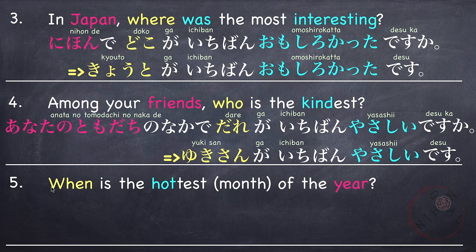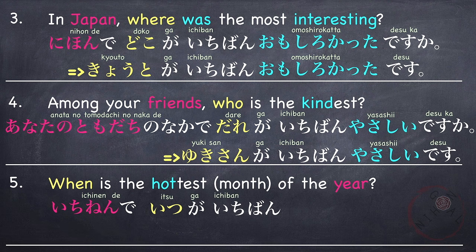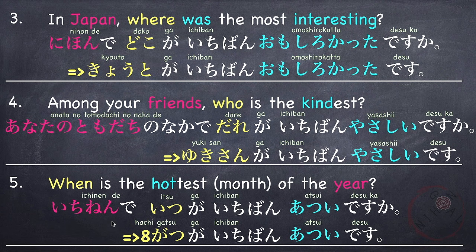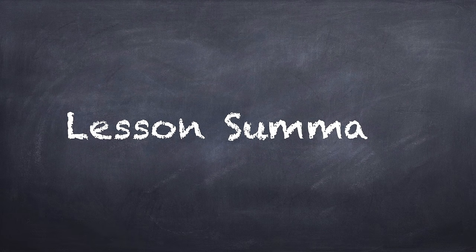A last example, when is the hottest of the year or when is the hottest month of the year? Our N1 is year. You can say 一年で, in a year. Of the year, 一年で. Our question is when. いつが一番. Our adjective is hot. 暑いですか? 一年でいつが一番暑いですか? For example, August is the hottest month or the hottest time of the year. 8月が一番暑いです。